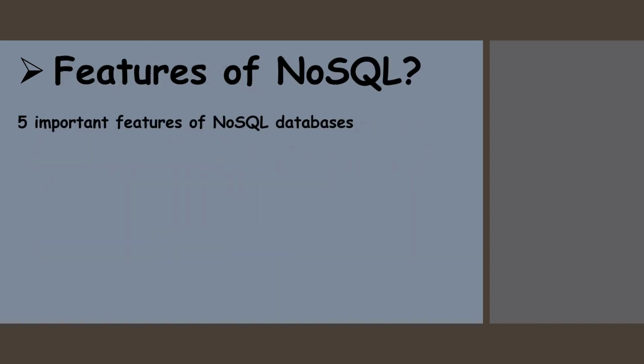We will see the features of NoSQL. There are 5 important features of NoSQL databases. First is multimodal. As we know, a relational database stores data in a fixed and predefined format. It means when you start development, you have to define your data schema in terms of tables and columns, and you have to change the schema every time as the requirements change. This will lead to creating new columns and defining new relations reflecting the changes in your applications.